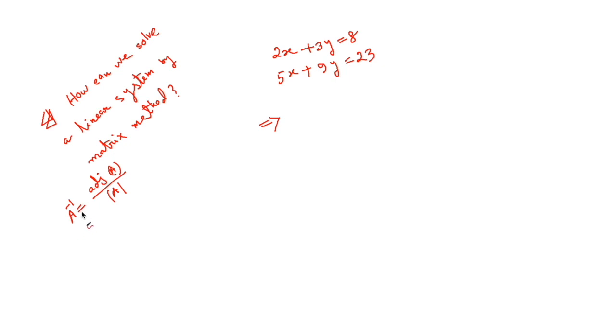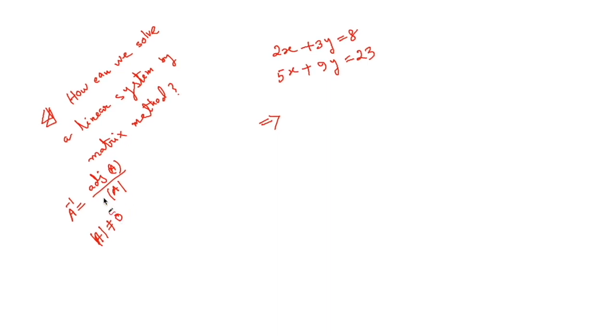a square matrix. And a square matrix A has an inverse if determinant of A is not equal to 0, or if A is non-singular. When determinant of A equals 0, or A is singular, then we cannot calculate A inverse. Now in this video, I want to show you how we can use this inverse matrix method to solve a system of linear equations by inverse